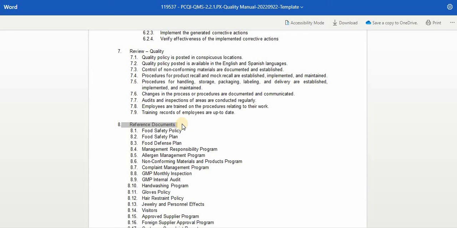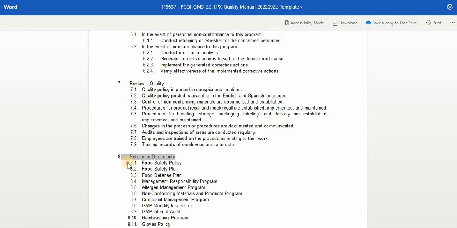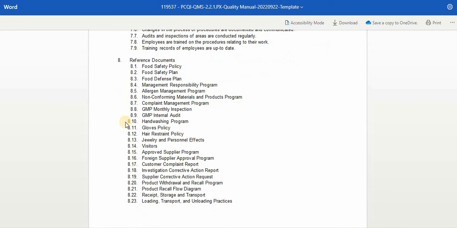After review quality is the reference documents. The reference documents are the set of documents used to implement and monitor a program, policy, or procedure. It includes the food safety policy, food safety plan, food defense plan, management responsibility program, allergen management program, the non-conforming materials and products program, complaint management program, followed by GMP monthly inspection, the GMP internal audit, hand washing policy, followed